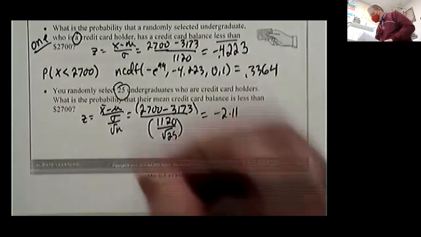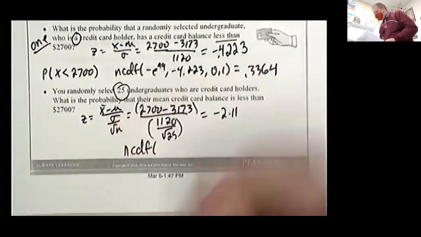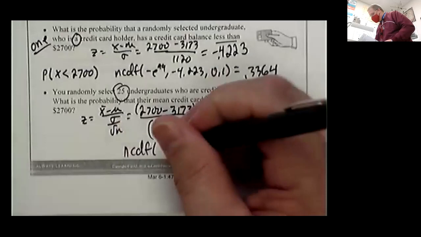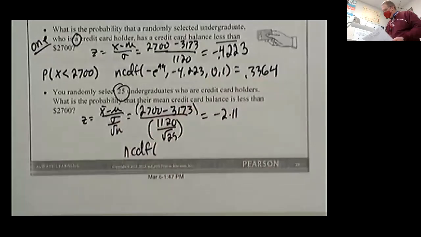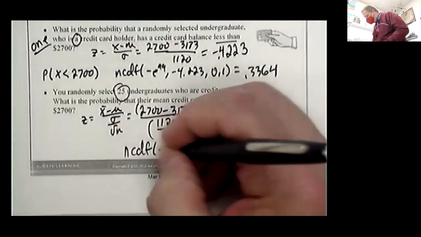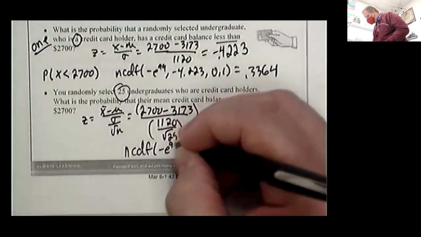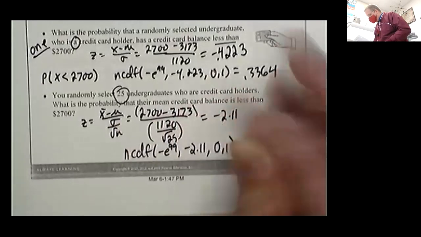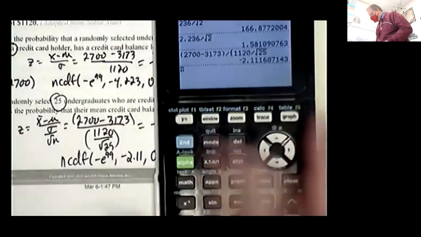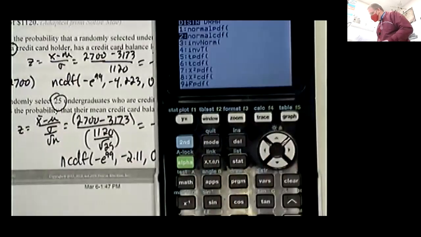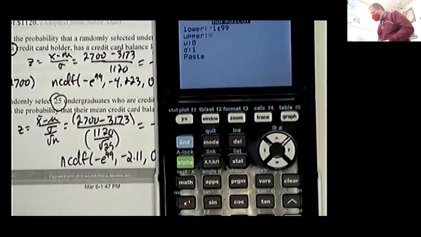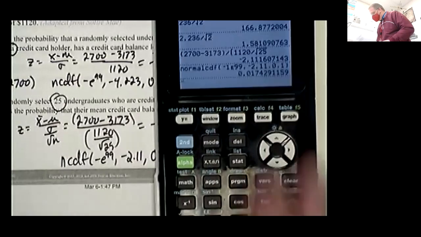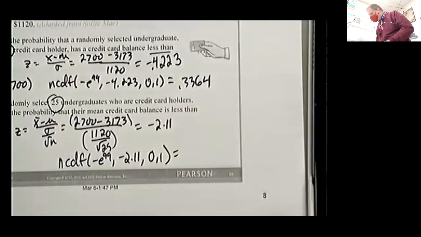And so we're going to do normal cumulative distribution function. We want less than, so we have negative infinity, so negative E to the 99. We're stopping at negative 2.11, 0, and 1. We're going to punch that into our calculator. Second distribution, normal cumulative distribution function. We're at negative 2.11, paste, and we get a really small number,